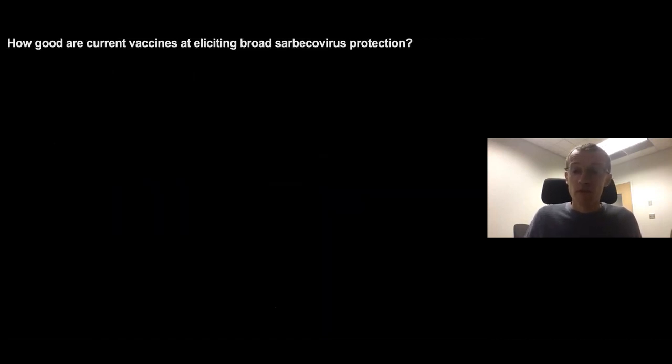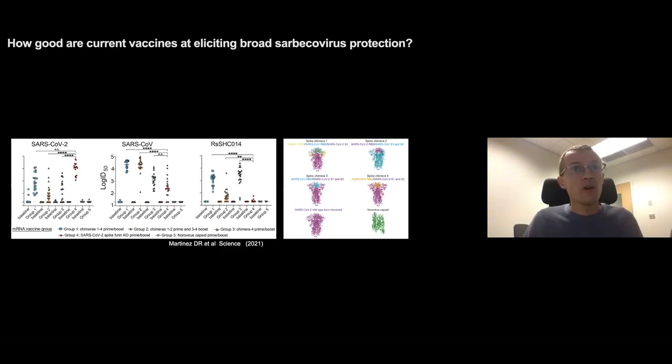So a question that I'm oftentimes asked is how good are current vaccines against divergent SARS-CoV viruses? And I think one of the best answers to that question comes from a paper published by Ralph Baric's lab, in which they designed multiple flavors of chimeric spikes, but the only data I would like to emphasize are the ones shown in red, group 4, in which we can see that vaccination of mice with the spike mRNA vaccine that encodes for the SARS-CoV-2 spike elicits high titers of neutralizing